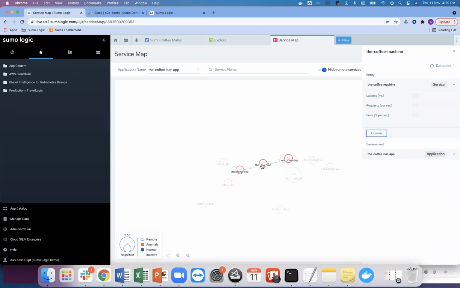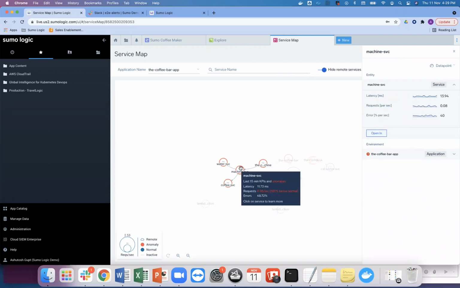Now if I'm going deeper down, and I'm trying to see, which I found in my previous explorer view, that there is a problem in my machine service, right? And I click on the machine service and say that okay, there's something wrong which I found, and I can go ahead and open this into my log searches, entity explorer, or traces and spans. For now, what I would like to do is, for this particular machine service, I can go ahead and click on the trace service,